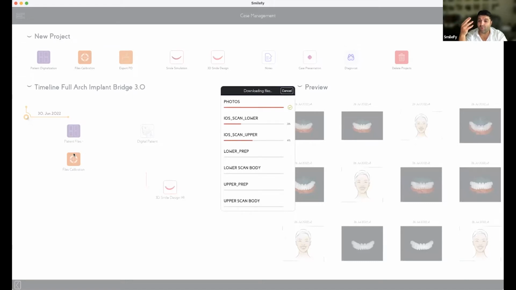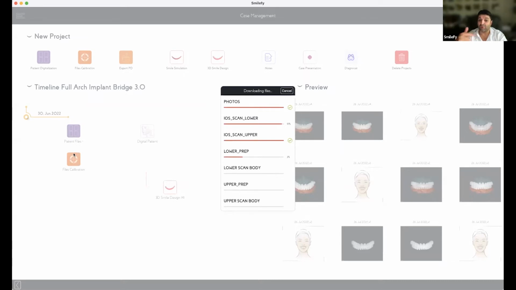We have PIC or iCAM files, 3D files, and we calibrate everything together, and we create the full arch implant bridge based on all the data that we have.